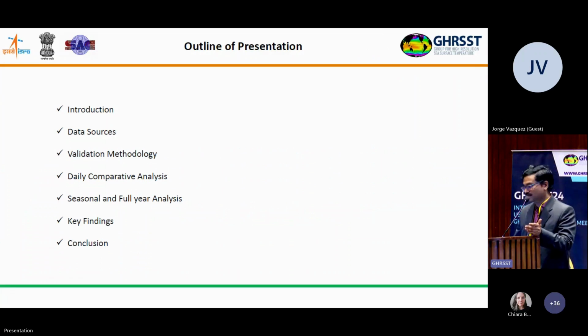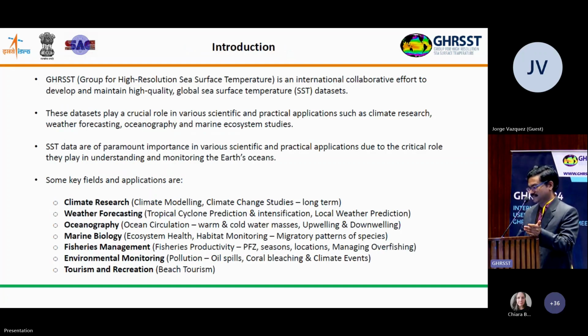This is a brief outline of the presentation, which contains introduction, data sources, validation methodology, comparative analysis of daily, seasonal, and full year, key findings, and concluding with the conclusion session. And for this forum, I need not again introduce what is GHRSST. However, I need to stress the importance of SST data and its accuracy, because it is a paramount parameter